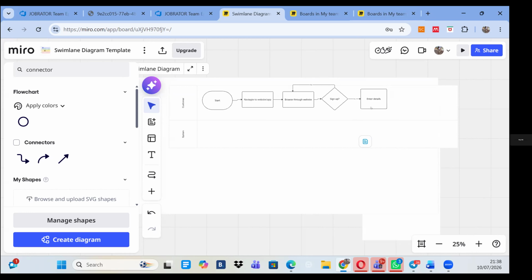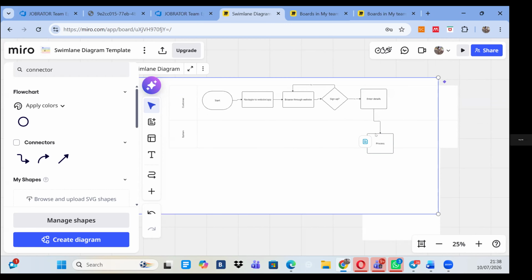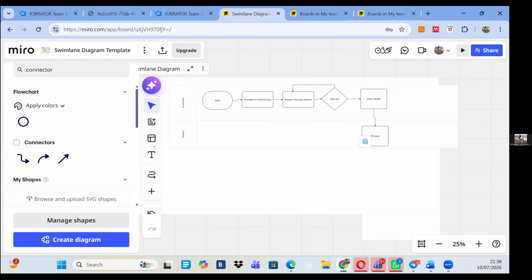So the user journey. If the user decides not to sign up, you can either browse through the website, or if there's a contact us, the user can decide to send a direct message. If there is an FAQ, the user can also decide to go through the FAQs. All of that can happen. And remember that I said that we are dealing with a high level process now. If it was low level, you can include all of that, but this is very high level. So we don't need to include all of that into this